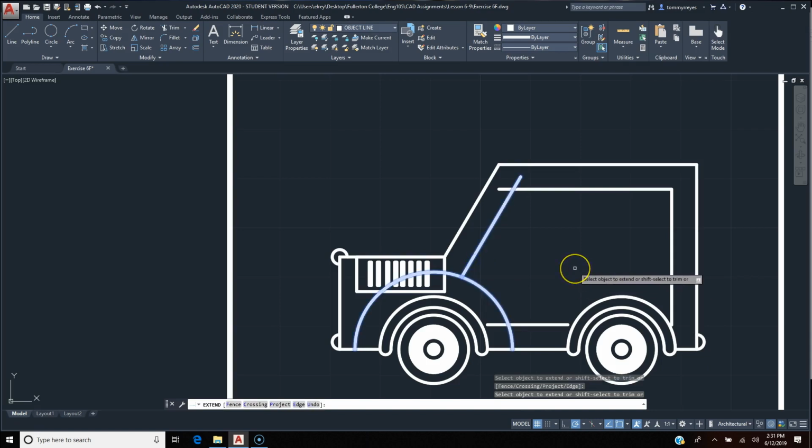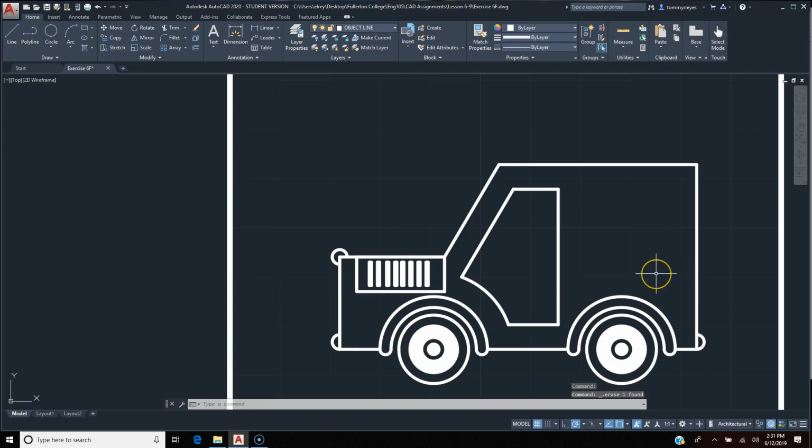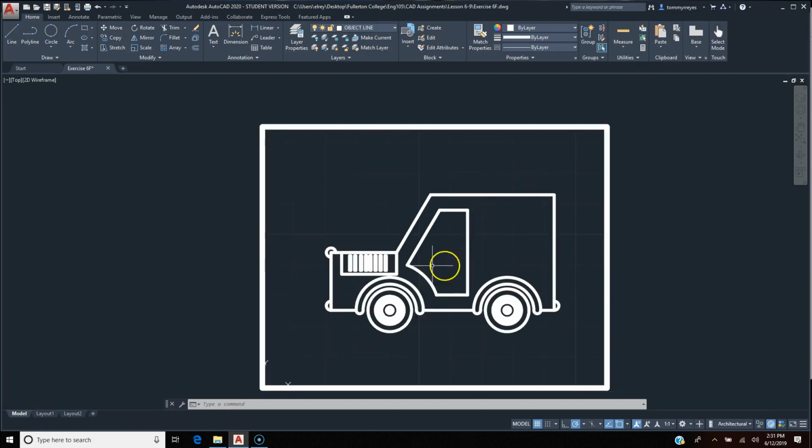There we go. And now I'm just going to draw a line from here to here. And now I can use trim to do a lot of the cleanup. And then just select the lines that I want to delete. I'm done. So I realize that this is kind of short, and so I'm going to show you another command